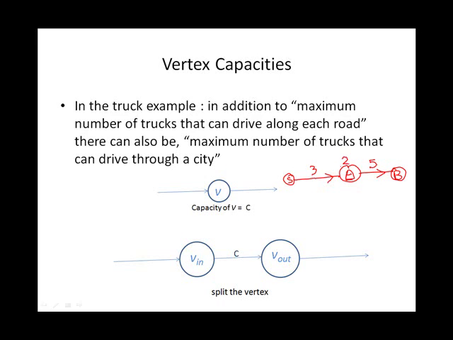Along with the edges, each vertex also has a capacity constraint which tells us the maximum number of trucks that can pass through the city A. But the standard MaxFlow problem we have solved only handles capacities associated with edges. So the transformation we do here is,